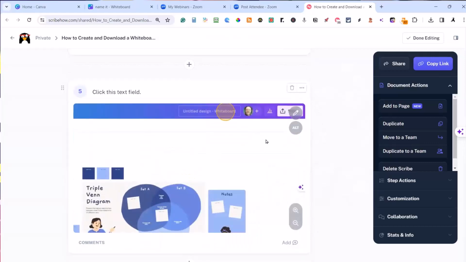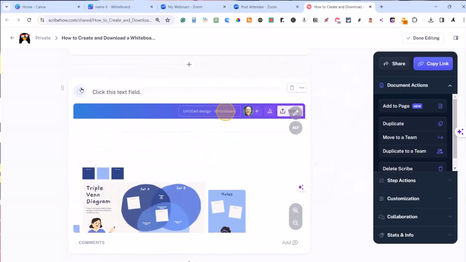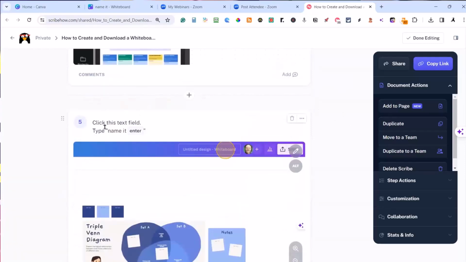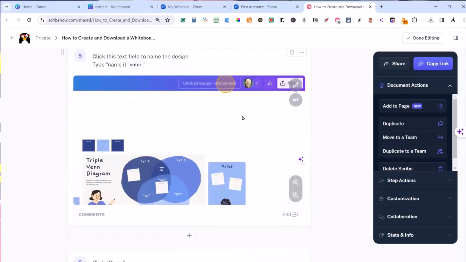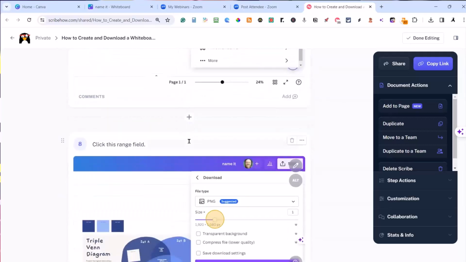Yep. Click the text field and try and name it. Okay. Now, what I can do here is I'm going to take that, and I'm going to combine them. Okay. Click this text field, type, name it, enter. And I'm going to name design. Okay. Type name it, hit enter. Perfect. Click share, download, click this